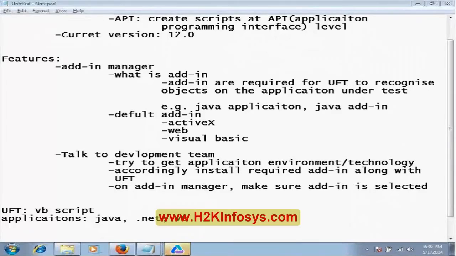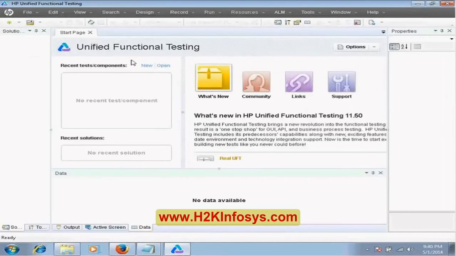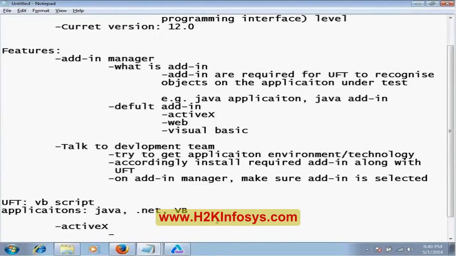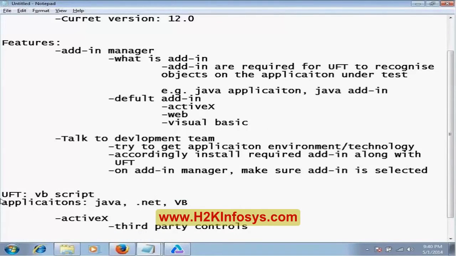And okay, Sirisha, coming to your question, ActiveX. ActiveX are basically called third-party controls. Okay, ActiveX controls are the third-party controls. These are third-party controls or third-party objects. Suppose you look at this application, so once you log in,